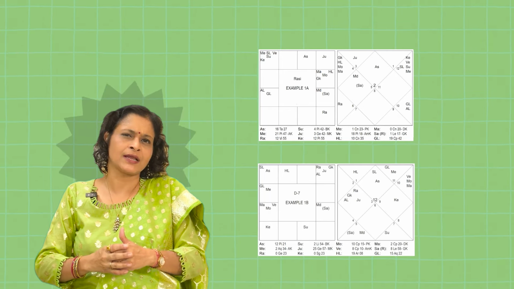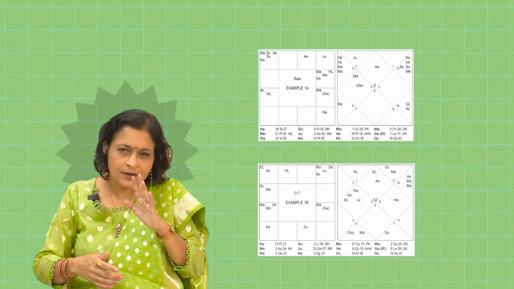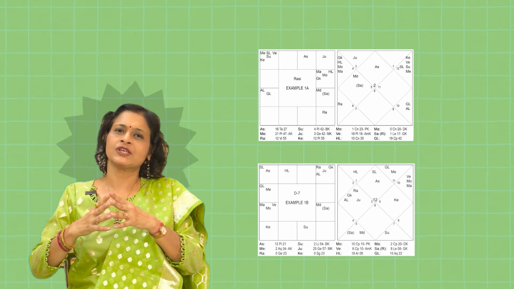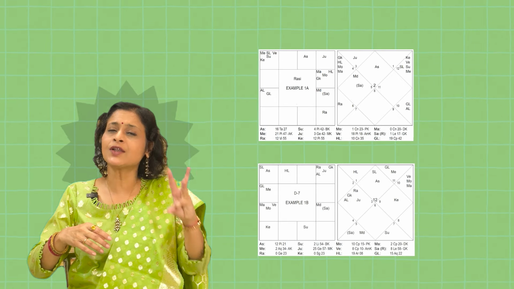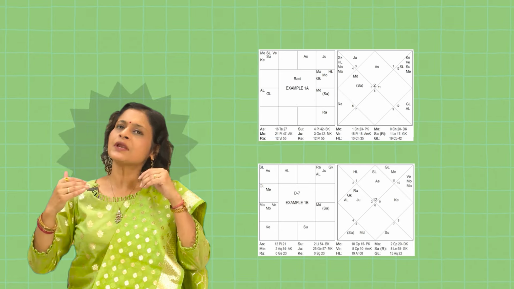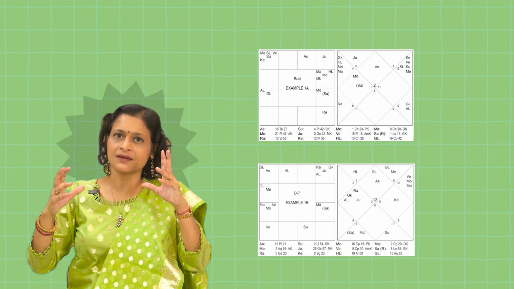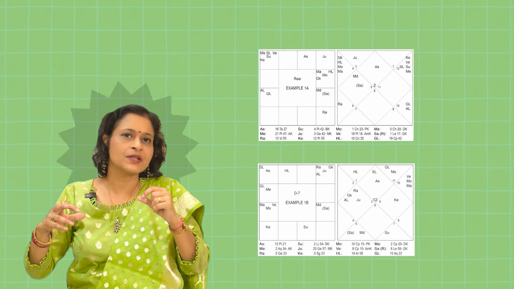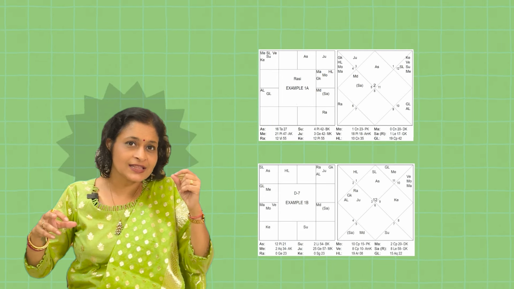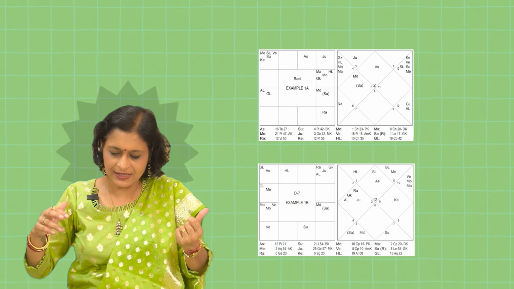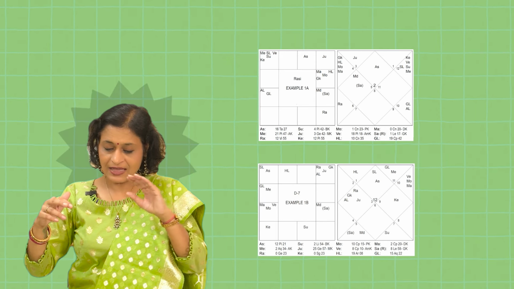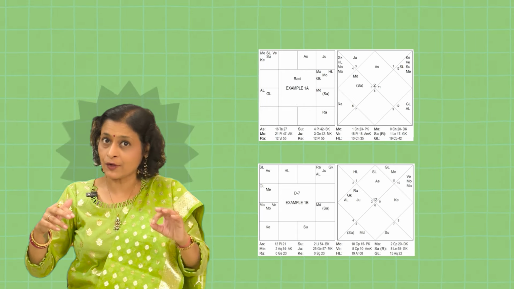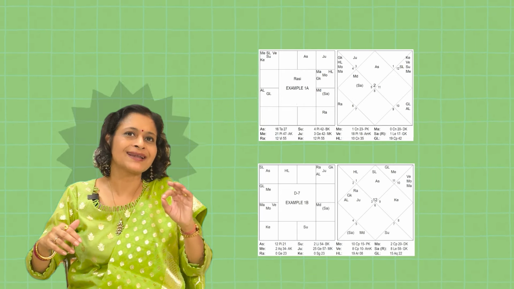She did have a first child, but she lost that first child after 13 years because he was a special child. Again, she had a second abortion. It was a third child that survived. So we'll go directly to the 9th house to see the third child, because the second child is seen from the 7th house and the third child is seen from the 9th house. The 9th lord is exalted in the 11th house. Promise of child is there. The 9th lord has no other aspect, but it is sitting with two benefics.